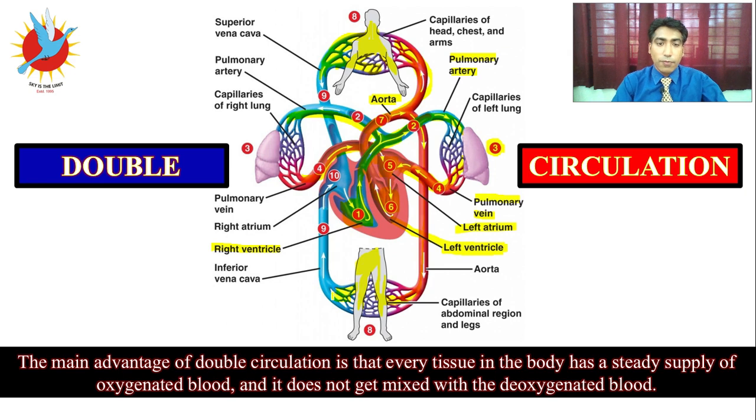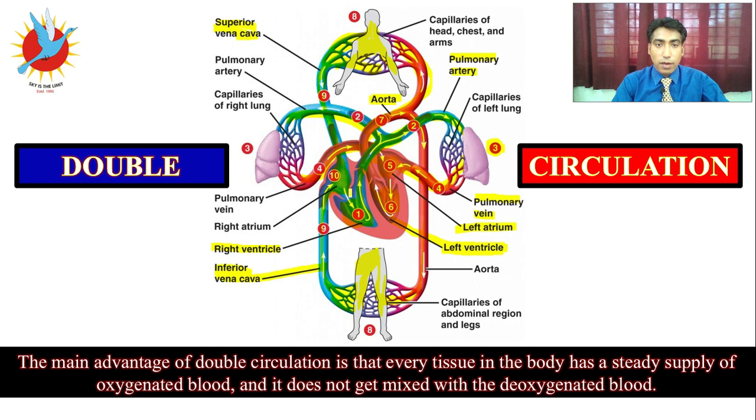So from the different body parts, the lower as well as the upper body parts, this deoxygenated blood will transfer back into the right auricle through the superior vena cava as well as the inferior vena cava. So the ninth label is the superior vena cava. Here the tenth label is the inferior vena cava. So from the superior and inferior vena cava, the blood will get back into the heart the second time, but this time in the deoxygenated form.